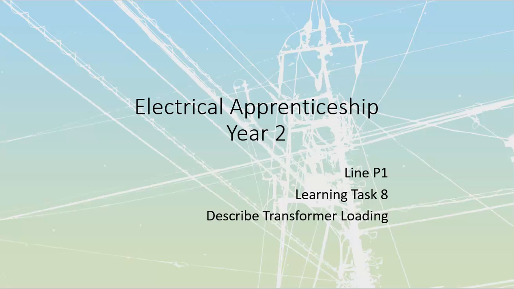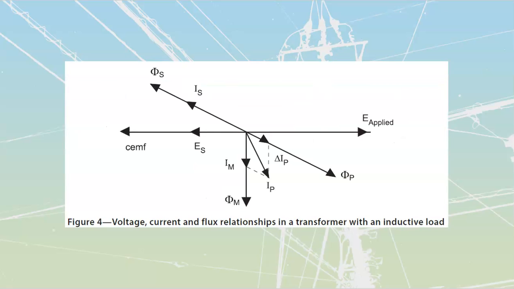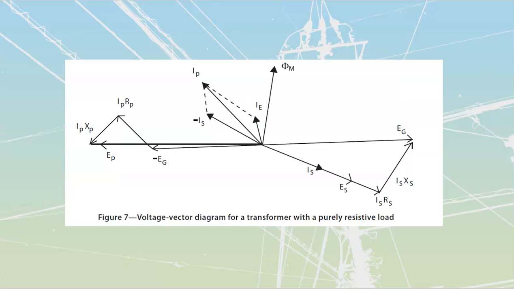Right, line P1, learning task 8, describe transformer loading. Oh, I hope you've done your pre-reading. If you took a look through here, there are vectors like you would not believe. There's a vector here, a vector there, another set of vectors, lots of vectors going all over the place. In fact, this whole learning task over here has gone pretty much vector crazy all over the place, with lots